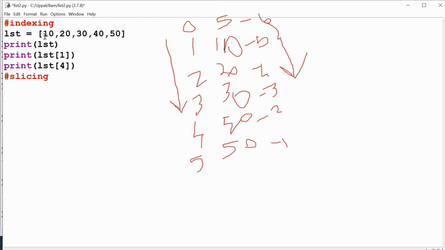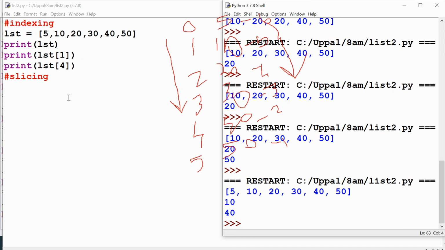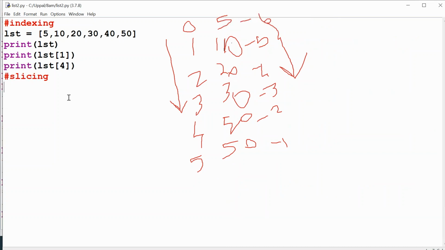Let me add 5 also. Control S, F5. So now the values will change, that's okay. Now tell me, I want 20, 30, 40. What should I write? Print of LST of, I want 20. The 20 index is 2.